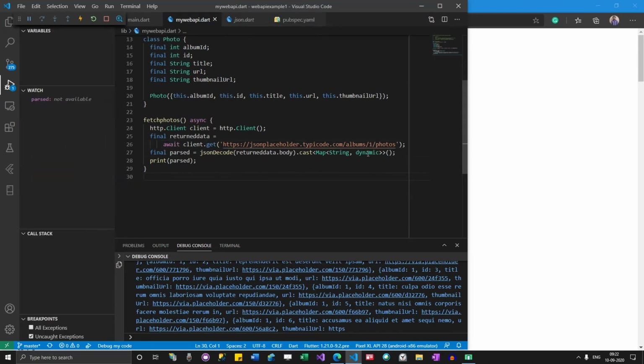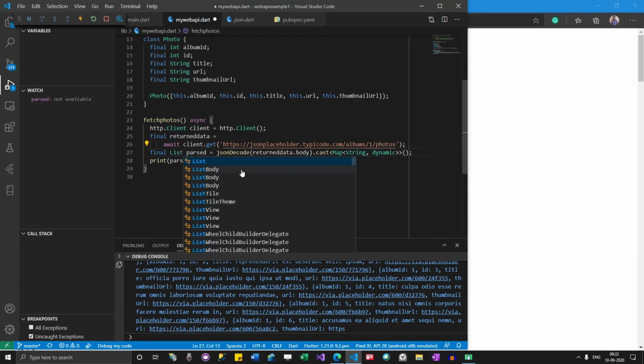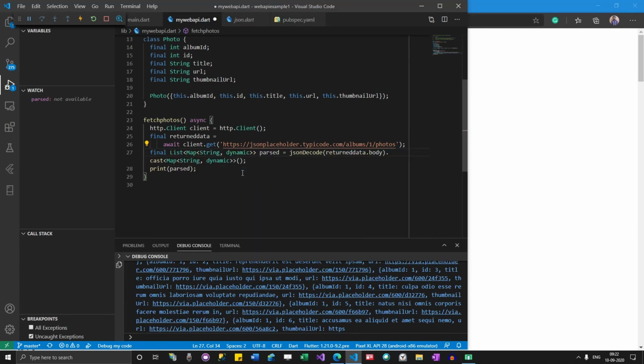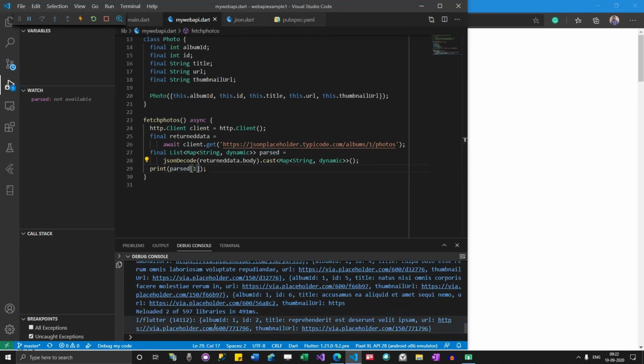This parsed is a list of map string dynamic. So I can do something like this. It still runs, and if I want to access something inside this parsed, I can do something like this. Now you can see that only the first value is being written. Even if I remove this, we don't need this actually.